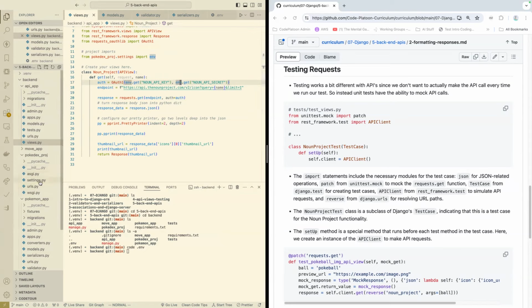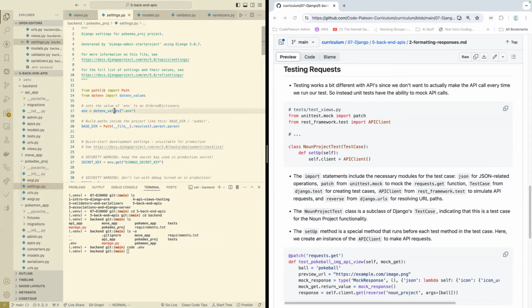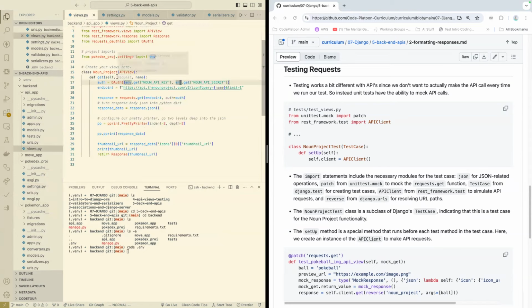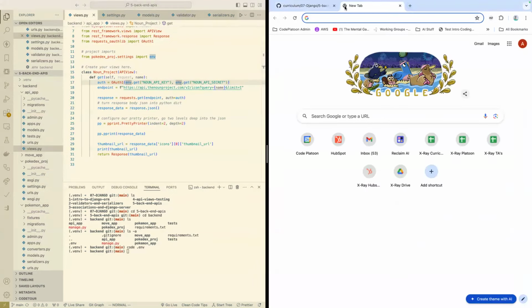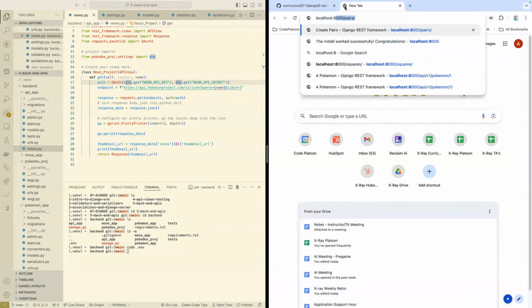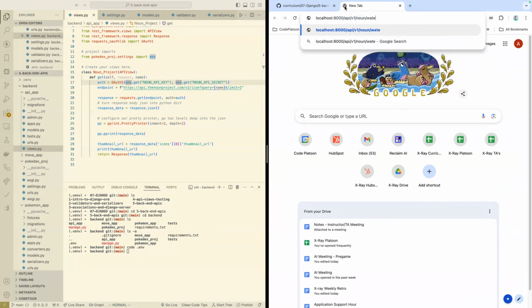Now, we did have to do a little bit of setup in settings.py to use python-dotenv. But once we've done that, it's very straightforward and easy to use. And now our API has an endpoint, right? I can go to localhost:8000/API/v1/noun/water. And as soon as I run the server,